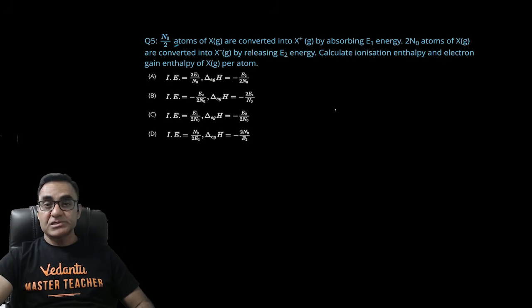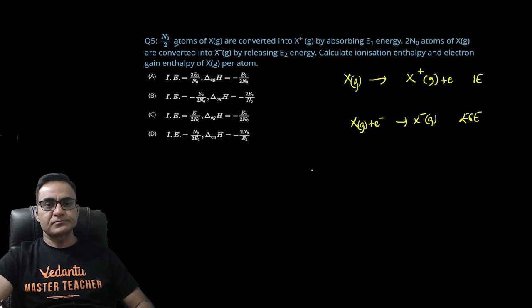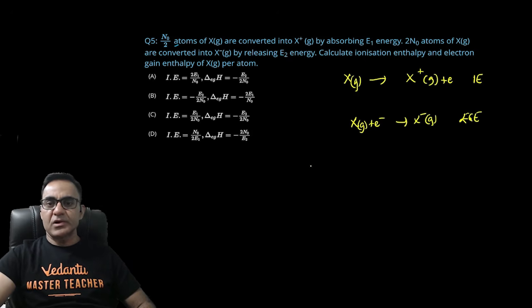ये पीरियोडिक प्रॉपर्टीज का एक बहुत खूबसूरत सा सवाल है। n0/2 एटम्स ऑफ जीनन गैस चेंजिंग इनटू, सॉरी नॉट जीनन, इट्स एक्स, सिंपली एक्स। एक्स गैस है, अगर इसको मैं X+ गैस बनाता हूं, +1 इलेक्ट्रॉन, ये रिप्रेजेंट करता है आयनाइजेशन एनर्जी। और अगर मैं X गैस में एक इलेक्ट्रॉन डाल के X- गैस बनाता हूं, ये रिप्रेजेंट करता है इलेक्ट्रॉन गेन एंथैल्पी, राइट।